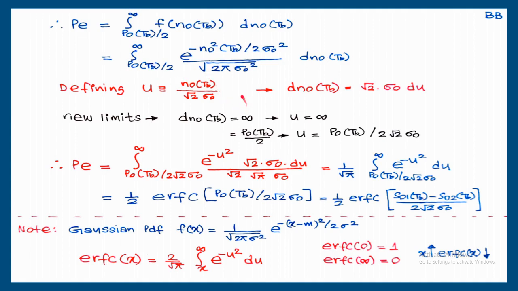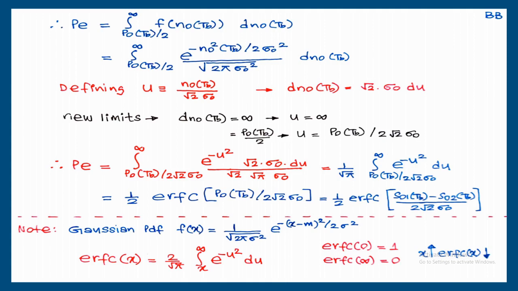Now the next requirement is that this result should be written in terms of the error function or complementary error function. That is why I am showing what the error function and complementary error function are, written below in the note section. The complementary error function erfc(x) is equal to 2 by root pi, integral from x to infinity of e raised to minus u square du. Error function tables are available, and instead of calculating the probability value, the procedure